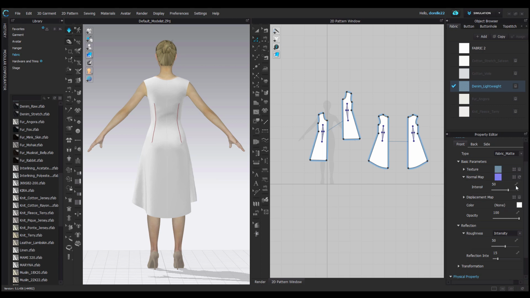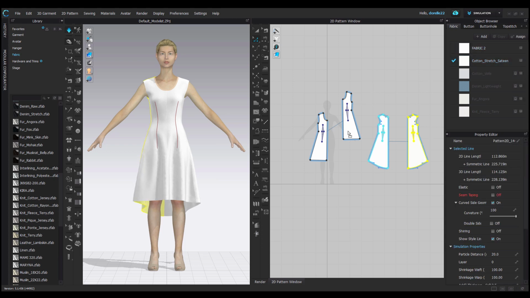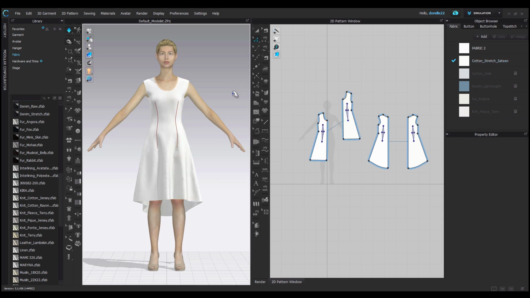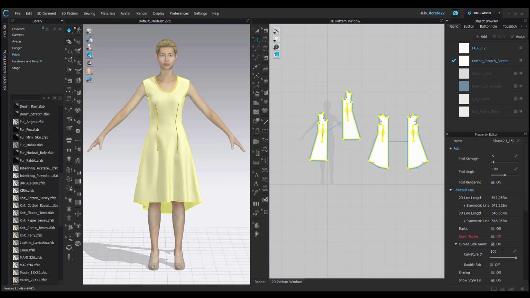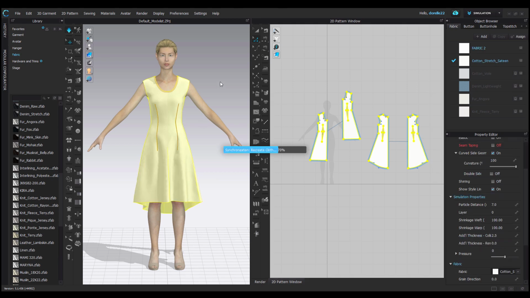So here we have a cotton voile, stretch sateen, angora, and a knit. Let's do left side to right side. I do make a little bit of a mistake here and add the fabric to the alternate side, so hopefully we can get through that. But let's add one fabric here, and you'll see that it actually moved when I added the fabric. That means it's simulating a little differently on the left side than the right side.